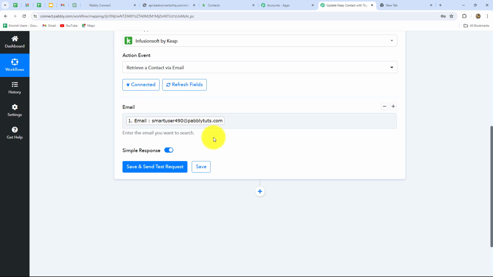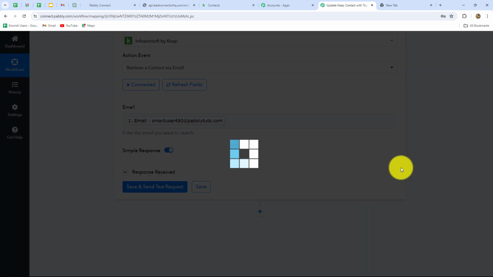When we have mapped this email, it has become dynamic. That means with each and every new response, it is going to be replaced. So whenever a new appointment is booked in GoHighLevel by a customer, automatically this email is going to be replaced in this field and a new email will appear over here. In that case, the automation is going to work without any manual effort. But if we enter the data manually over here, then the data will become static. That means the email will not be replaced with each and every new response. Now when we have mapped this email, let's click on Save and Send Test Request button,